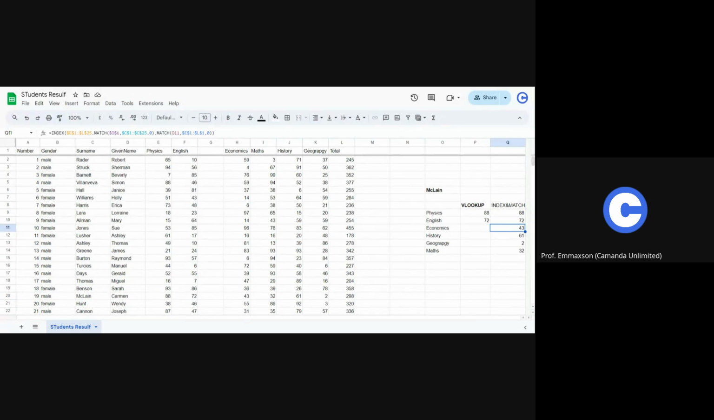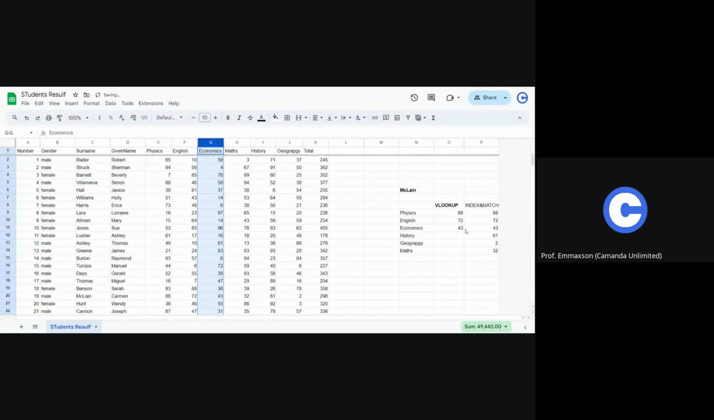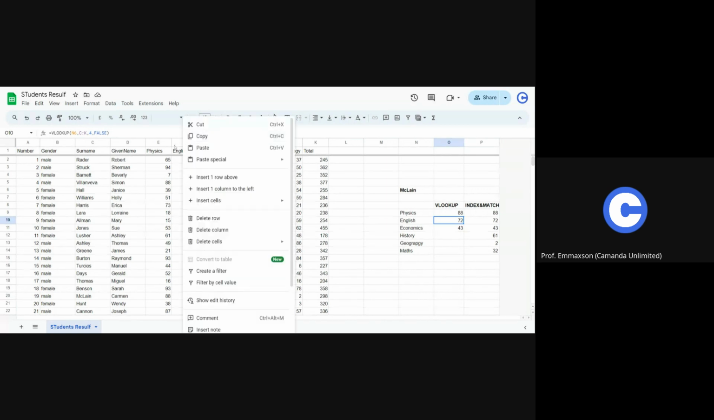Are you with me? In case it seems like I was doing magic there, take note of this. This is VLOOKUP. This is INDEX and MATCH. This is English. English is column what? 4. With VLOOKUP, as long as this doesn't move away from here, it's fine. But once I add another column before it,